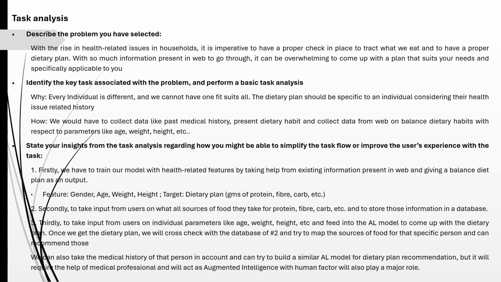Third, we will take the input from the user on their bodily parameters like age, weight, height, etc., and feed that into the AI model to get the balanced dietary plan. So it will provide the output like this much amount of protein the individual should take, or this much amount